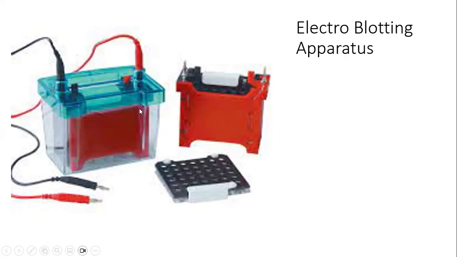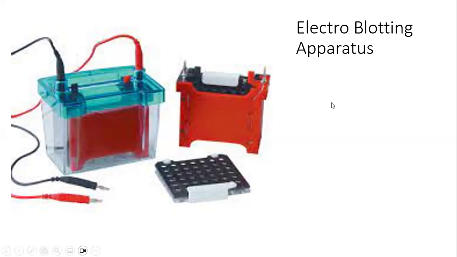Okay, so here in the tank, you have connections, one towards the DNA, the other towards the buffer. The flow of current takes place in such a way that, since DNA is negatively charged, DNA has to move from the gel onto the membrane. Okay. So the electroblotting method takes less time. About 2 hours of electroblotting, or electrotransfer, can be enough for transferring the fragments from the gel